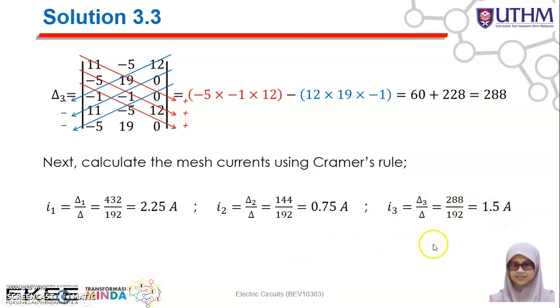Okay. And then based on the value of mesh current, then only we can find the branch current of I0. Okay, so I0 will be I1 minus I2. So I1 is 2.25 minus 0.75. Sorry, minus 0.75. So finally, I0 is equal to 1.5 ampere. Okay,